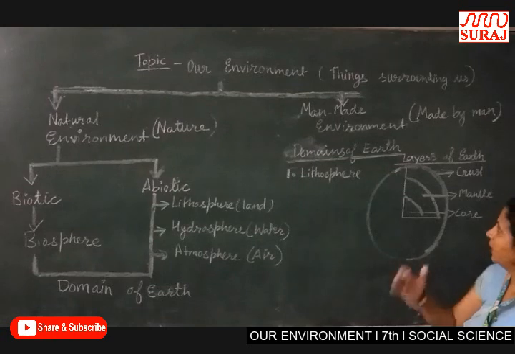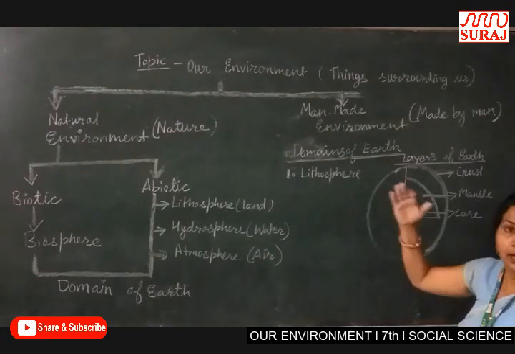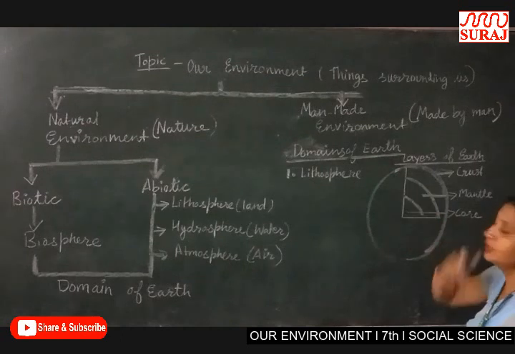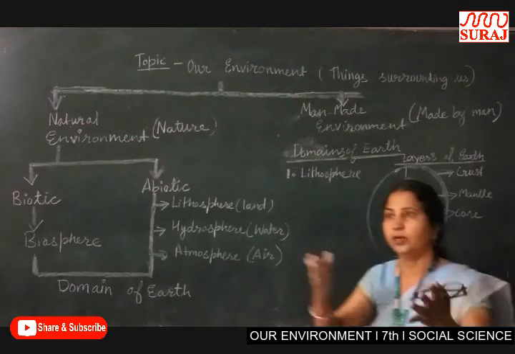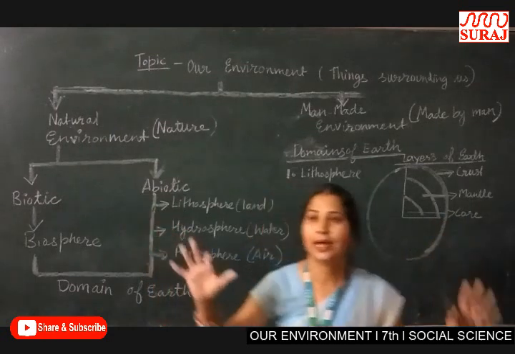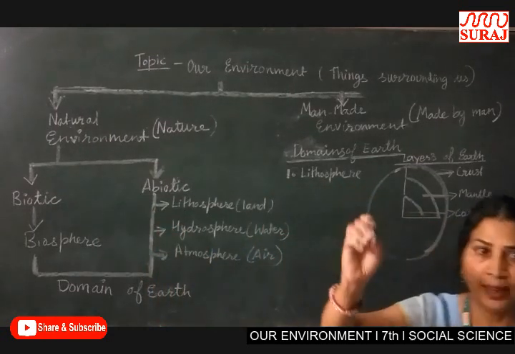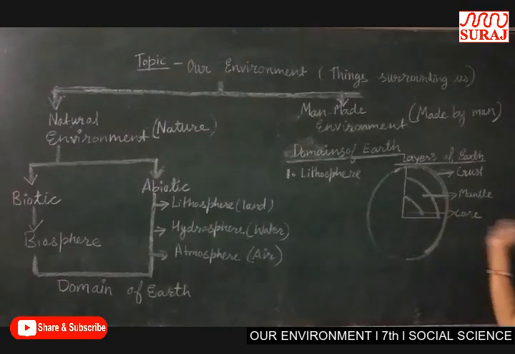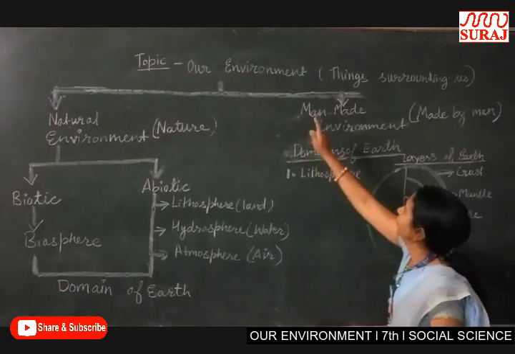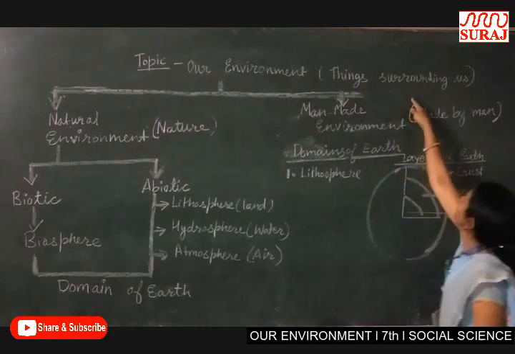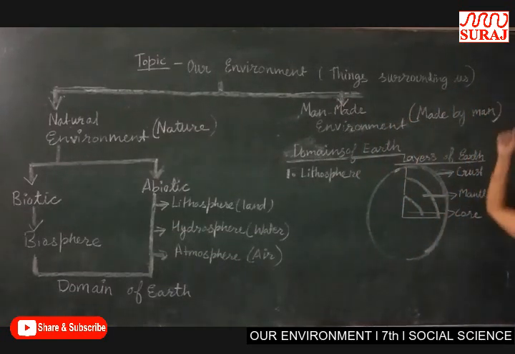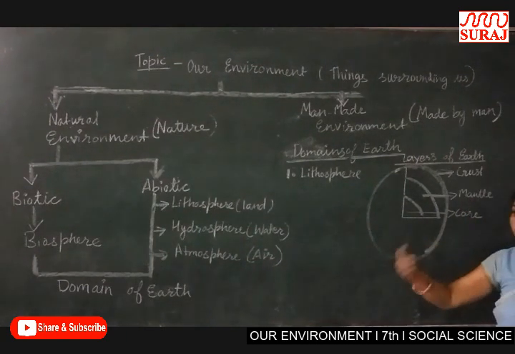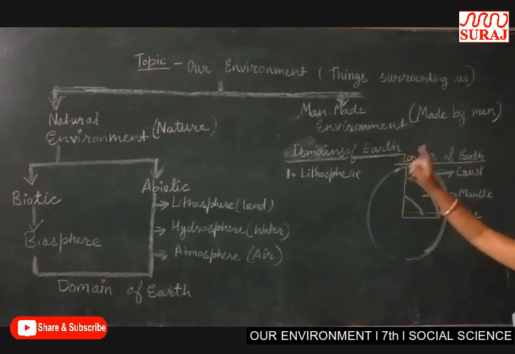I am discussing the class 7th topic, our environment. What is environment? You can find everything around us like bench, table, fan, trees, everything whatever you can look around us are called our environment. So let's get our definition of environment. Things surrounding us, like plants, animals, bench, table, fan, book, everything around us are called the